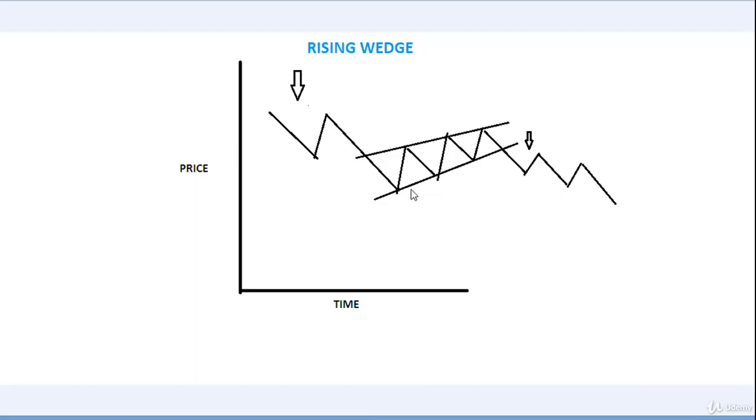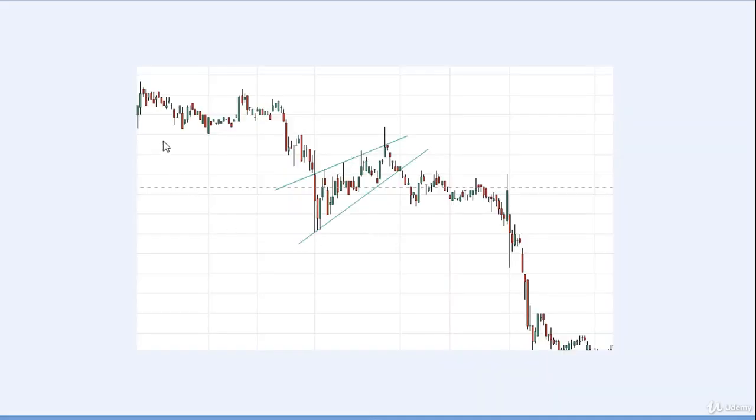Rising wedge pattern is a bearish continuation pattern. After a heavy sell-off, prices rise for some time, making higher highs and higher lows, but contracting. They are contracting at the end of this pattern, and a breakout occurs at the lower wedge and the trend extends itself. The prices are in downtrend and for some time they are giving a pullback rally. At the contraction of this pattern, we are getting a breakout at the lower trend line, the support line. So we are getting a breakout here. We can make our short sell position here.